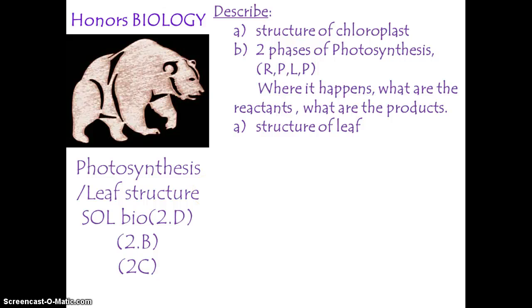Hi, honors biology. We're going to talk about photosynthesis, the overview, and basically there are two phases to photosynthesis: the light independent reactions and the light dependent reactions. Of course, the light dependent reactions occur first, and then our light independent reactions. Basically, we're going to focus on what do you need, where is it happening, and what do you get